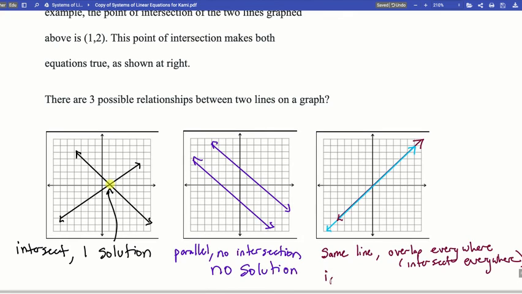And what we call that is infinitely many solutions. So if they're the exact same line, they'll have the exact same solution over and over and over again. So there are three possibilities. You can have one solution,